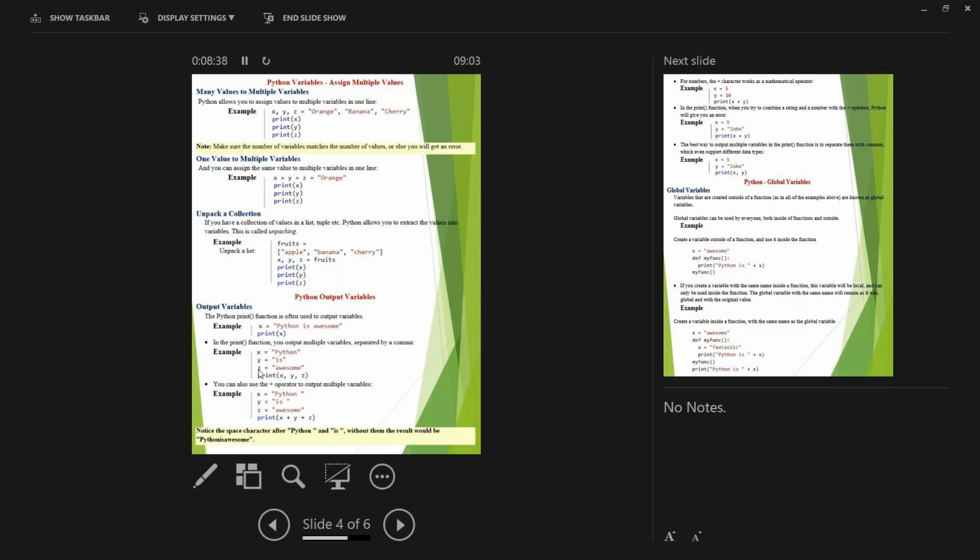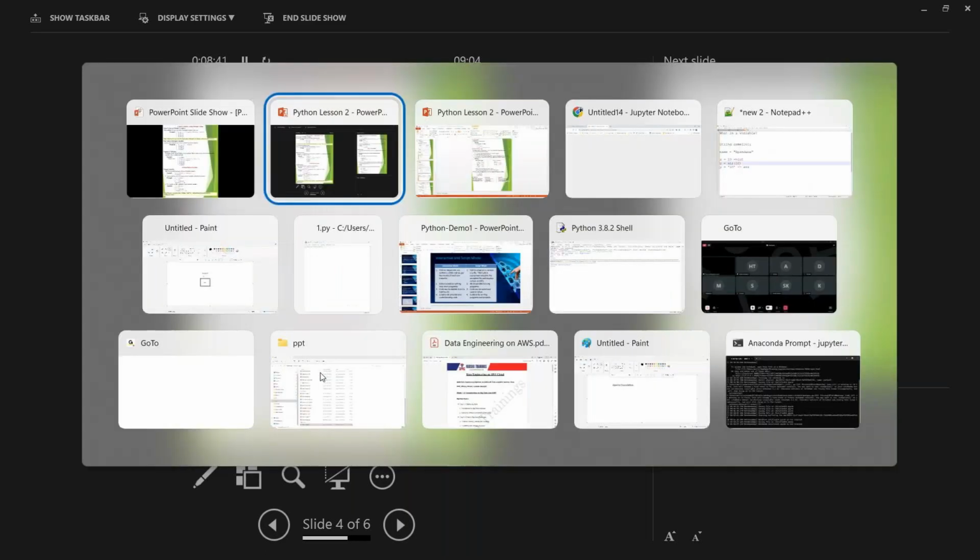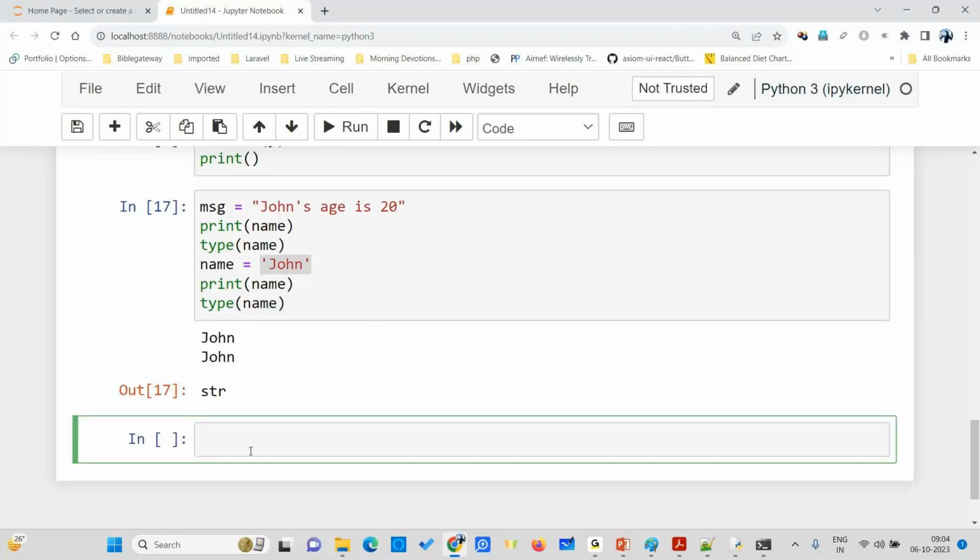For example, ఇక్కడ మనకి x, y, z ఉన్నాయి అంటే మనం ఇక్కడ చూద్దాం. ఇక్కడ ఒక ఎగ్జాంపుల్. See here, screen is not visible. Okay,